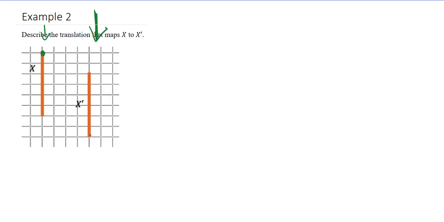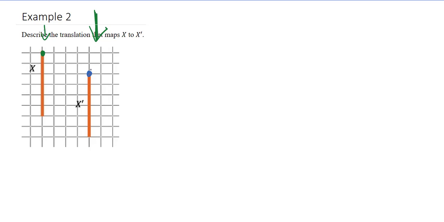So the same length, just to verify, because in translation we're just moving an object. It's not like this object has changed other than just the position. So let's just describe this point to get to this point. We're only going to look at the top point because it describes the whole line segment